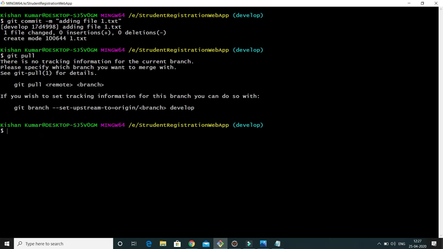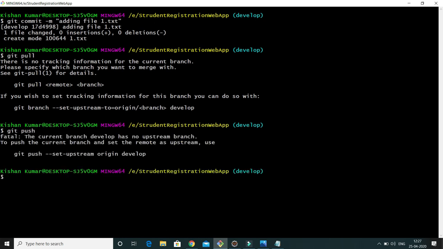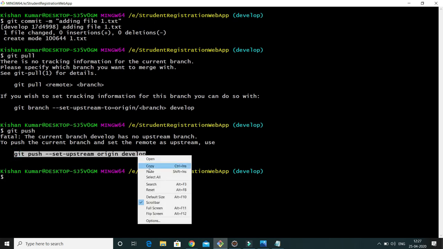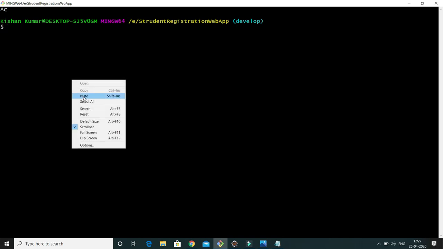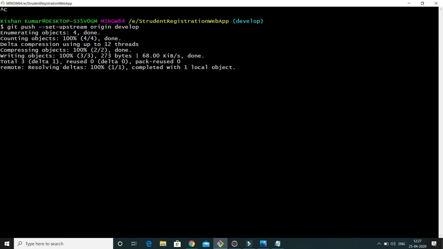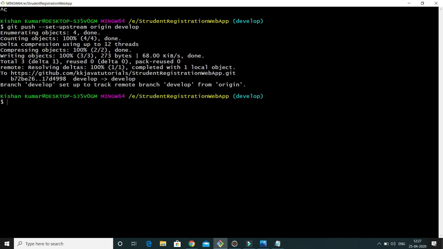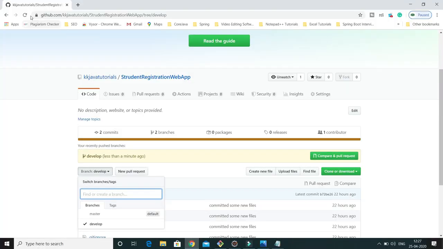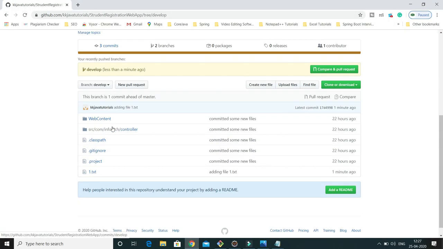okay, upstream is not set, but let's say I'm going to push it. So git push, let's see if we get some error or not. So this is telling me to set the upstream. So let's set upstream for this develop branch. So here I'm going to set upstream before pushing our change into the remote repository, right? So here you can see the branch. Now if I go to my develop branch and see that file, 1.txt is pushed into my